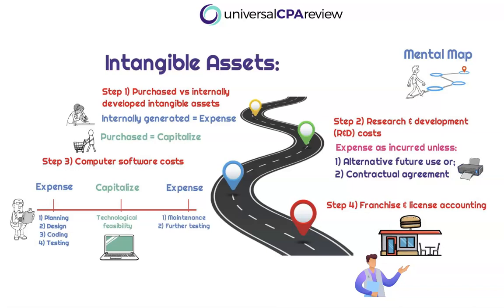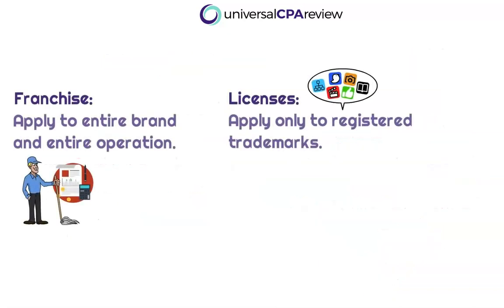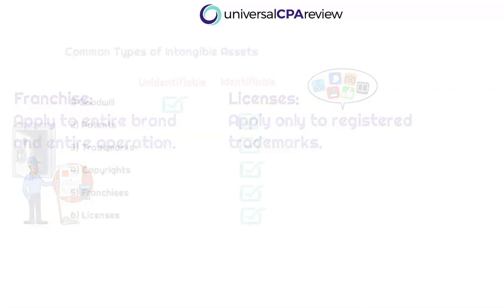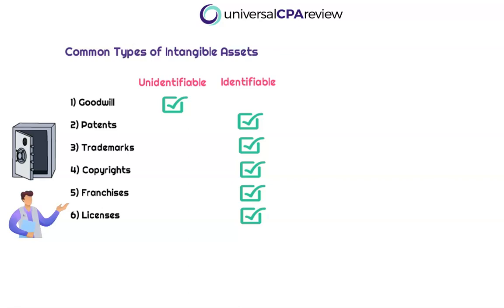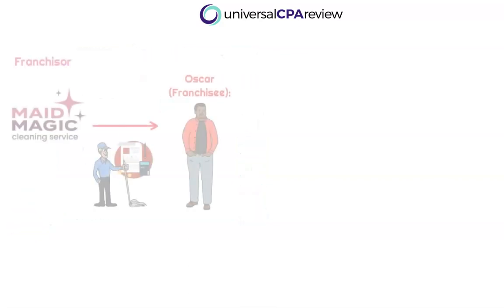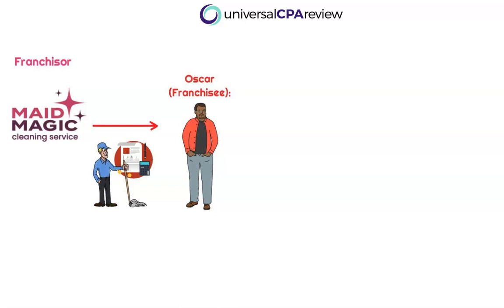As far as details go, franchise agreements are going to pertain to a company's entire brand and their entire operation, whereas licensing agreements are merely going to apply to registered trademarks. As far as intangible assets go, these are both some of the more sneaky ones that do appear on the company's books. These agreements are very specific, but we do need to know them. At the end of the day, we're going to focus on franchising agreements, and there are two parties that you need to be aware of: the franchisor and the franchisee. We want to understand how we're going to record transactions in the financial statements when this franchise relationship exists.